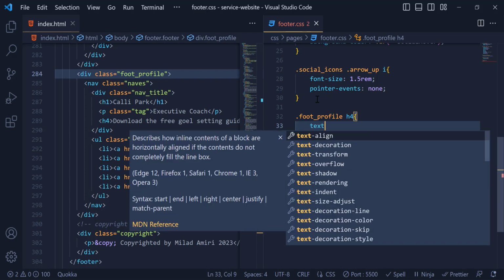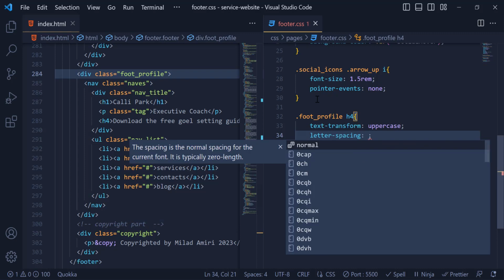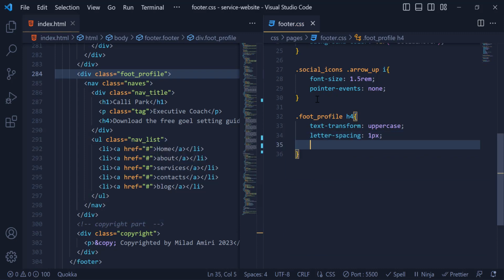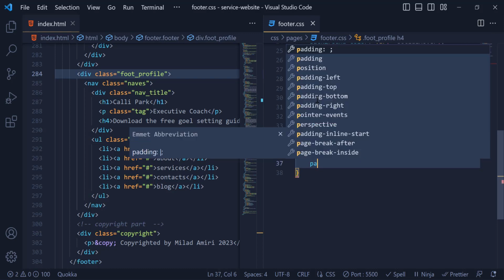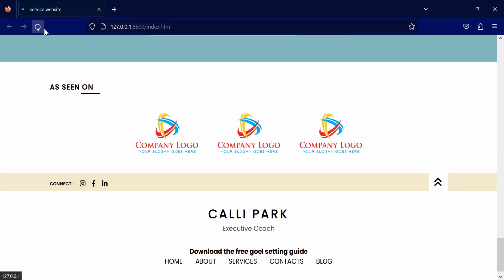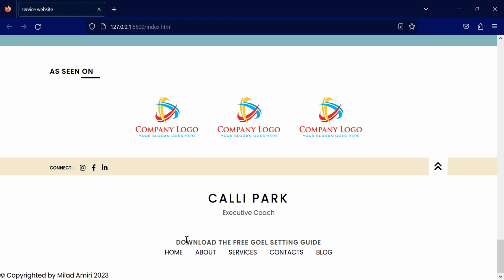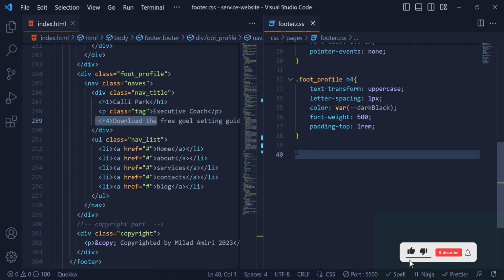We need to give it a text transform of uppercase, letter spacing of 1 pixel and a color of var and this dark black. Okay, and we need to give it a font weight of 600 and a padding top of 1 rem. So this style is for this heading 4. Now let's check. You can see we have different text in here,